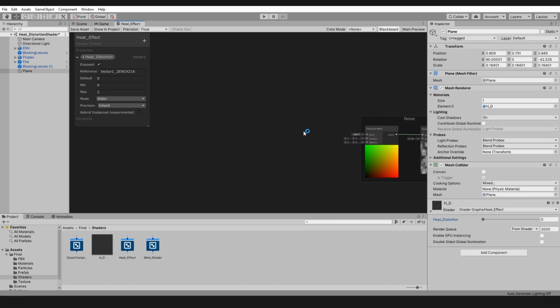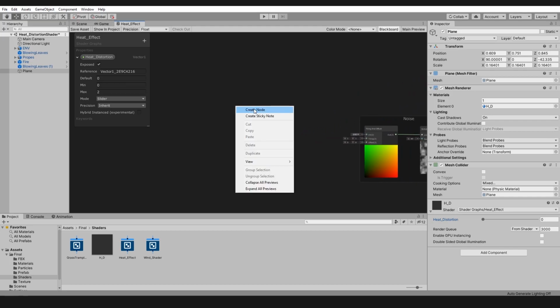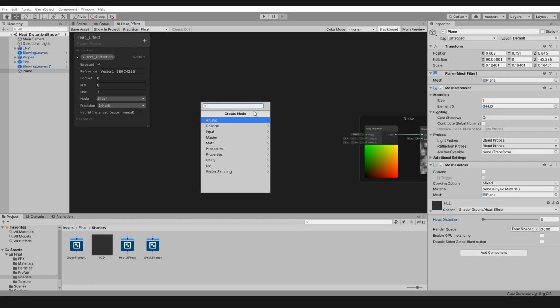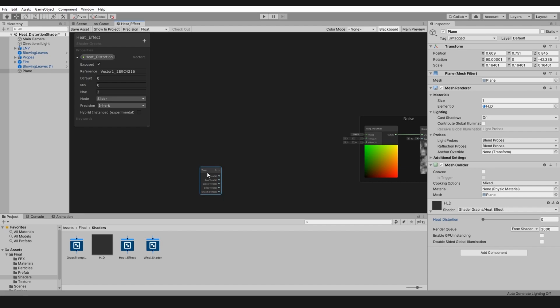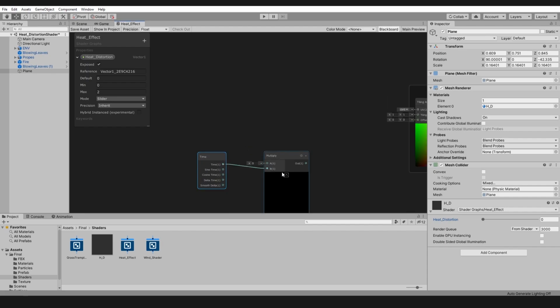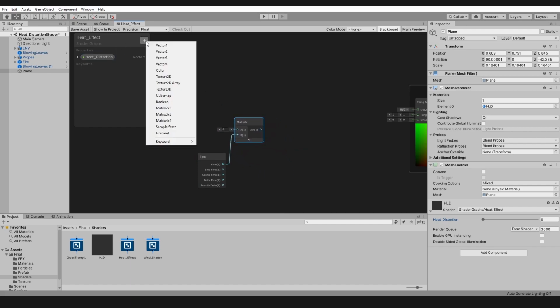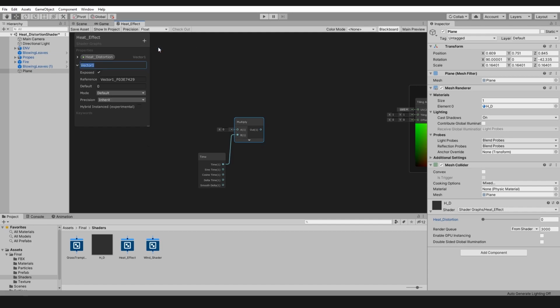Now let's create a simple animation for our heat distortion effect. Create a simple Time node and connect its Time output to the B parameter of a Multiply node. Now we need to control the speed of the heat distortion. We can do that by creating a Vector1 and naming it Distortion Speed.